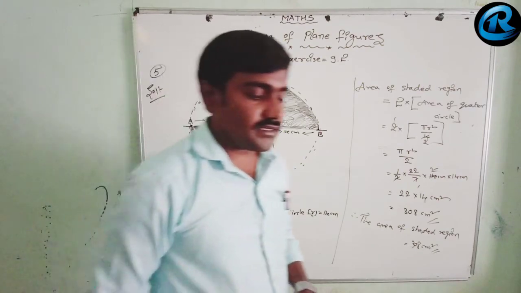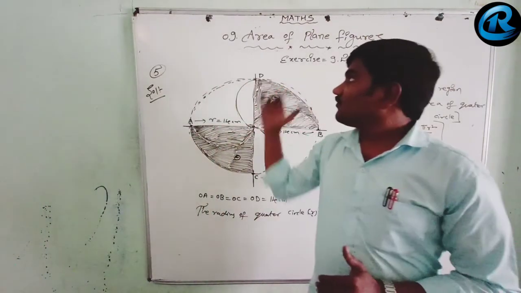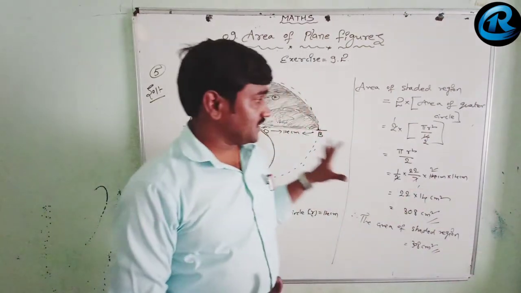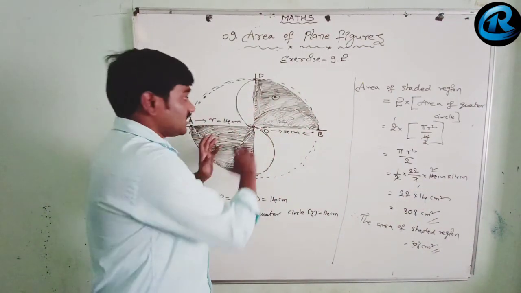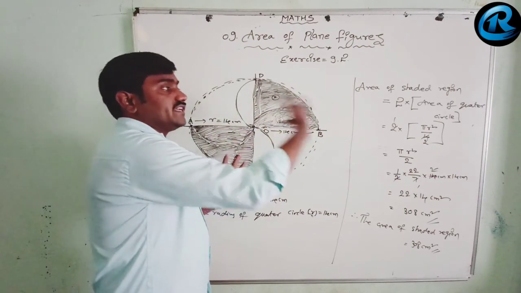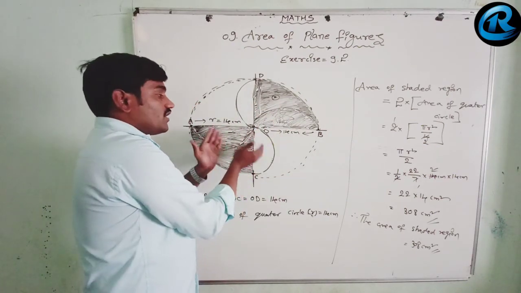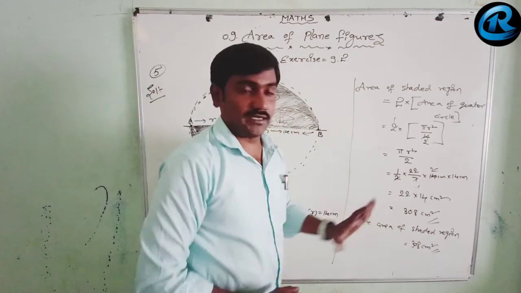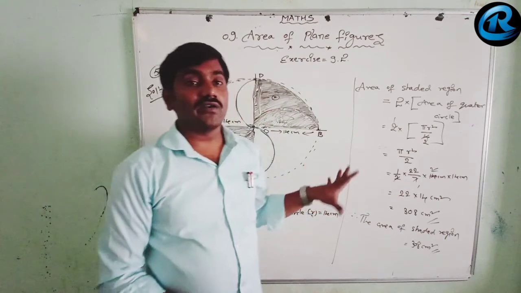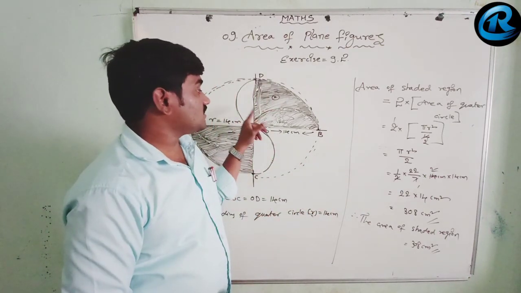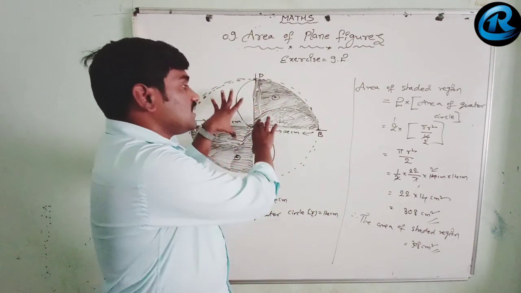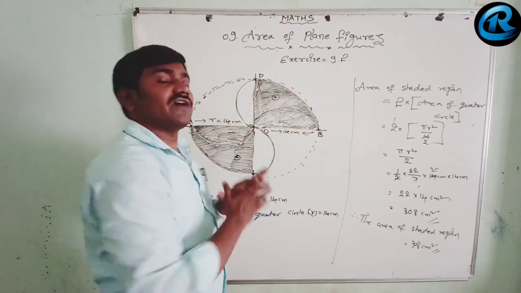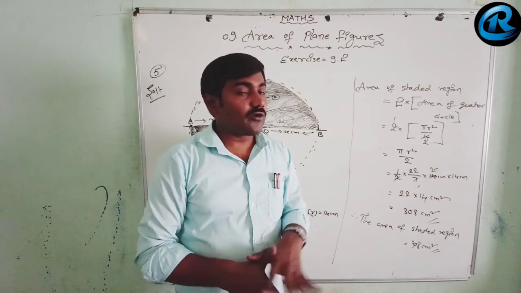308 centimeter square. I hope you understood the first 5 problems of this exercise 9.2 clearly. You practice this very cleanly and clearly and see how we are shifting the shaded regions to make the problem very easy to get the answer. We have to understand what we have done. These two were shaded and these two are unshaded. That means the shaded and unshaded areas cancel out. So we have to find out the remaining area. So I hope you understood this one.